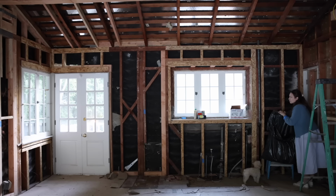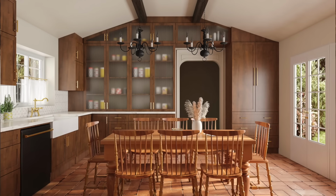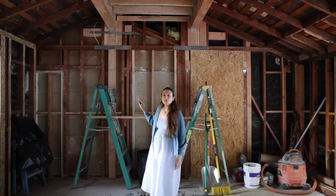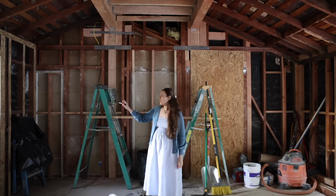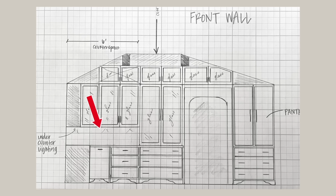This wall is pretty heavy on the cabinetry, both lowers and uppers. We've got a pantry going on that side. This is the entryway to the living room that's closed up right now. And then from the entryway all the way to the wall is all cabinets. We have modified the design a little bit to give us 6 foot of additional counter space. So instead of having that